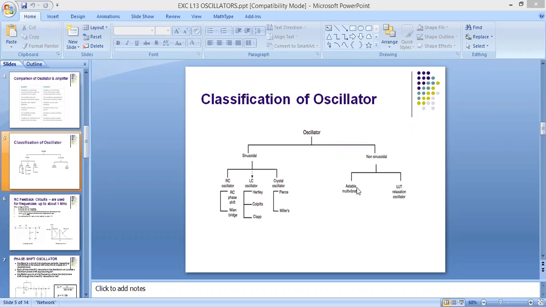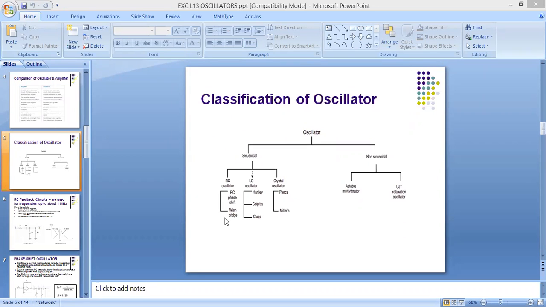The RC oscillator is divided into two subgroups. These are called the RC phase shift oscillator and the Wayne Bridge oscillator. As the name suggests, in RC phase shift we are giving a phase shift. Phase shift is nothing but a phase difference. By using the RC circuit, we can give 180-degree phase shift, and by using the feedback network, we can give another 180-degree phase shift. It means the addition of the angle of the amplifier and the angle of feedback will become 360 degrees. So our Barkhausen criteria will get satisfied here.